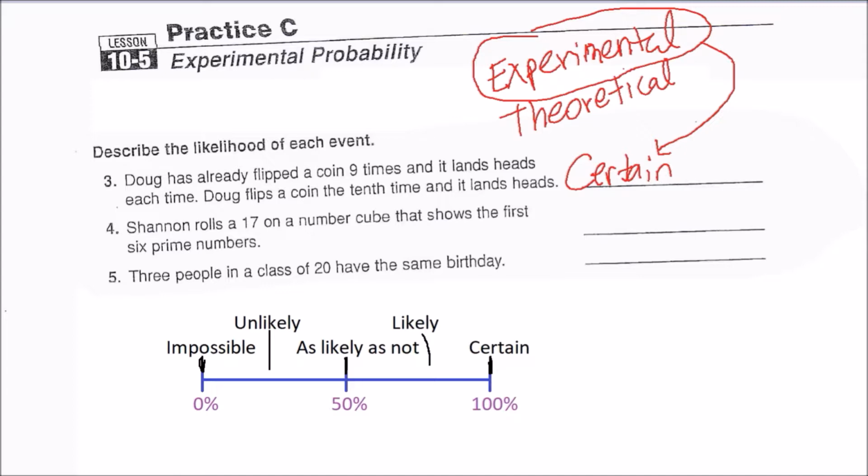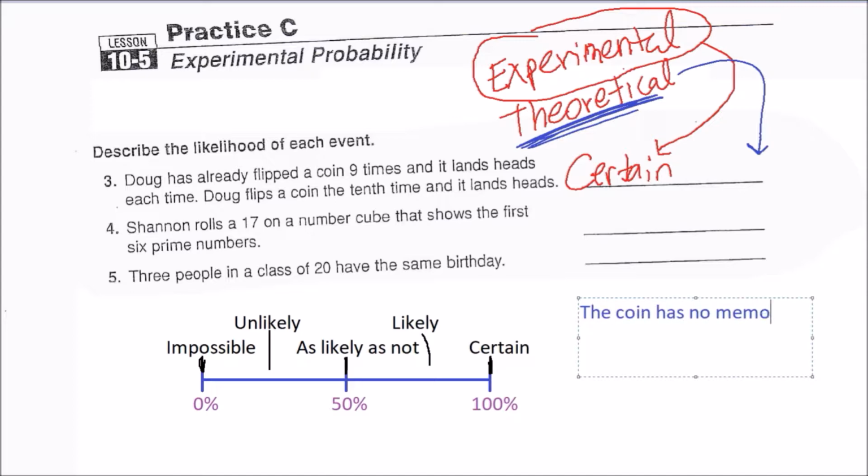I think they probably want us to talk theoretically, to describe the likelihood that on the 10th time it lands heads. And this is one thing where there's a phrase, and I'll type this out here, that the coin has no memory. So some people think, and this is what's sometimes known as the gambler's fallacy,